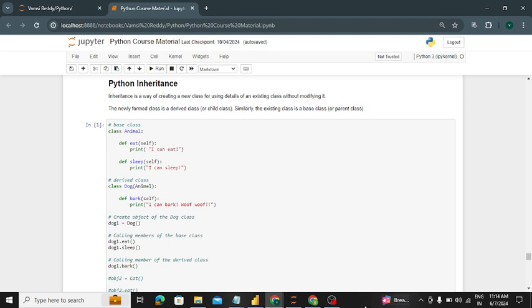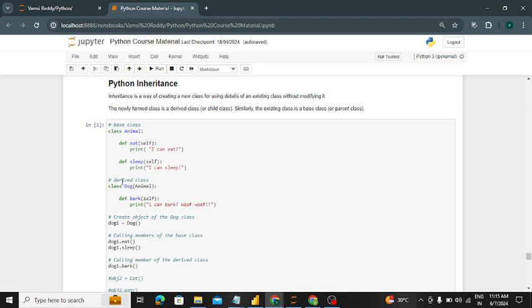Whatever we define in the parent class, that will be applicable for the child class also. Like in a real human relationship, whatever properties our parents have, we have access to them also. Like that it works. Whatever you define in a parent class can be accessed by the child class, which is known as the derived class. The base class is known as the parent class, and the derived class is known as the child class. So whatever properties and methods you mention in a base class can be accessed by the child class also.